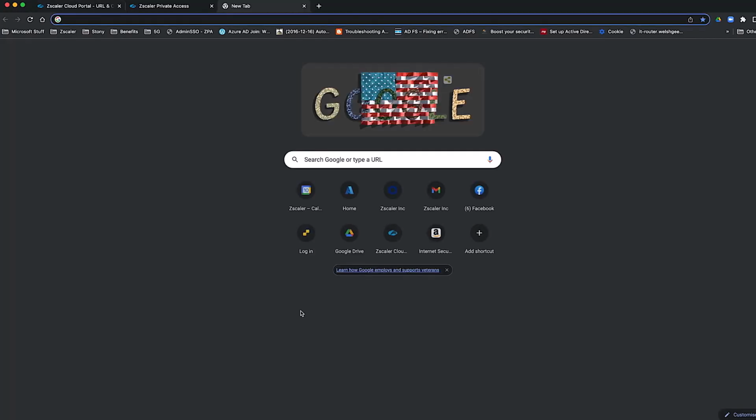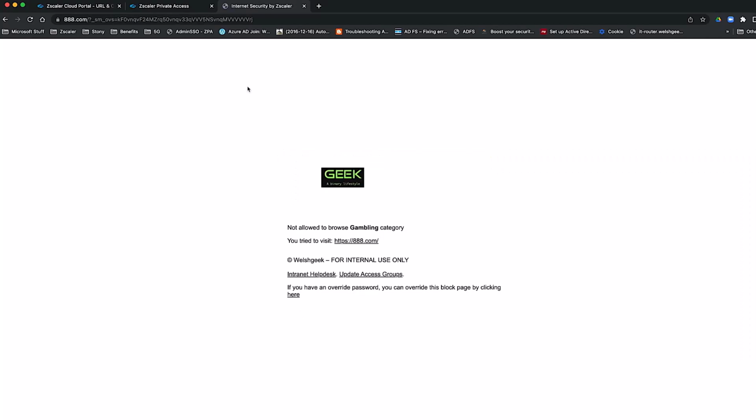Taking a look at URL filtering, I've got some already configured rules here. So I'm going to try something like an 888.com and it's going to get blocked. I have override configured, so if the user is configured as an override user, then they can bypass. And a good example of this is in schools, where you might have a teacher allowing young people to browse to websites or whatever. They get blocked for whatever reason, a legitimate block, and the teacher can then override on